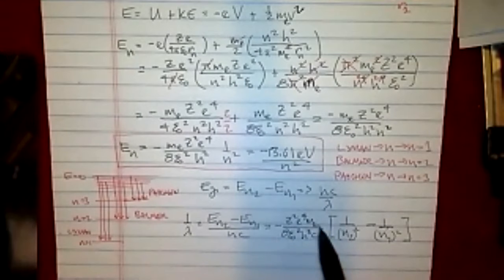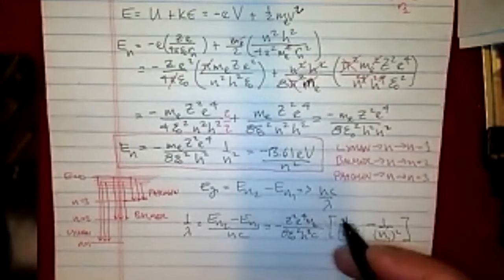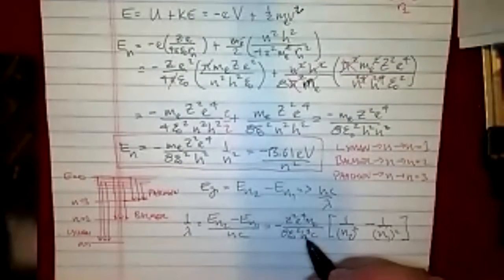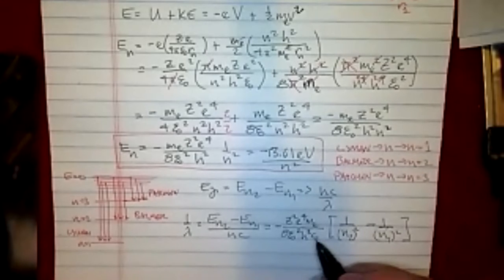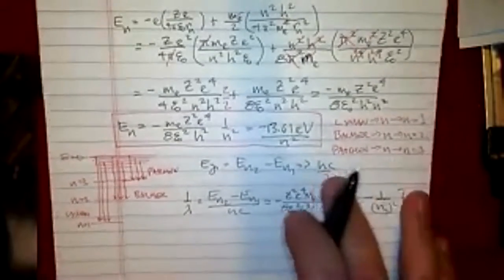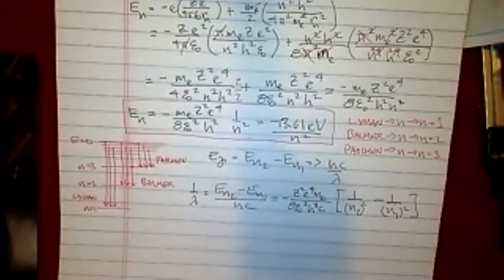And this is, in fact, the Rydberg constant in terms of values that we physically know: the charge of the electron, the mass of the electron, epsilon 0, which is the permittivity of free space, the Planck constant, 6.626 times 10 to the negative 34th joule seconds, and then the speed of light. So this actually gives us the famous Rydberg formula. That is what won